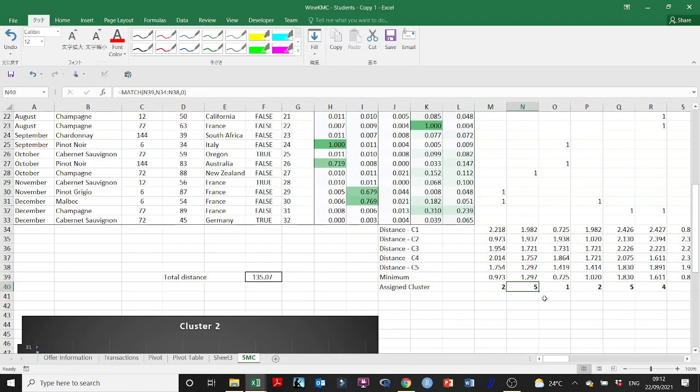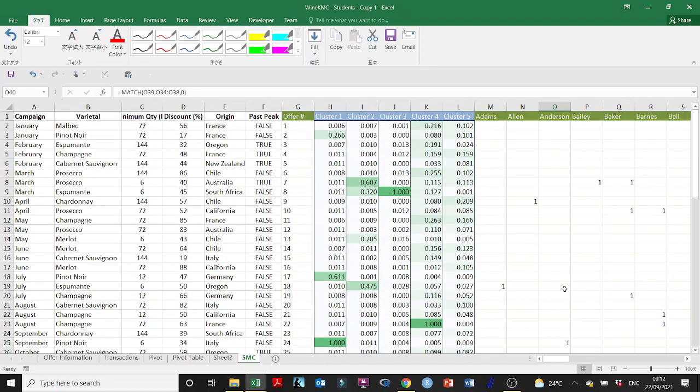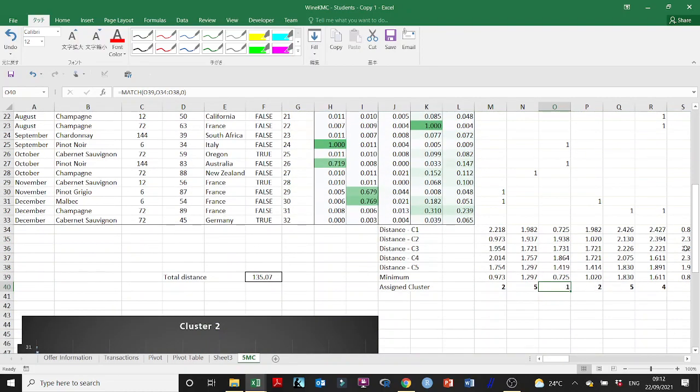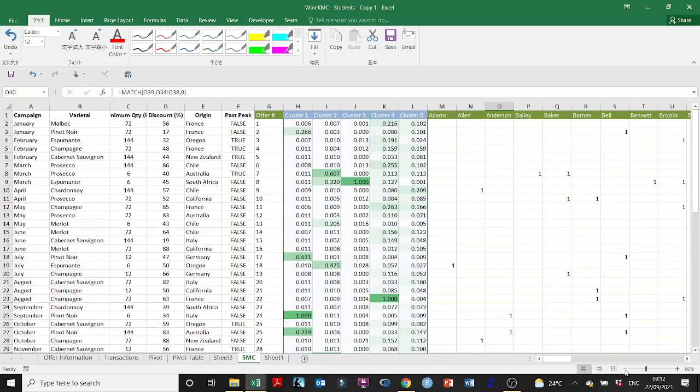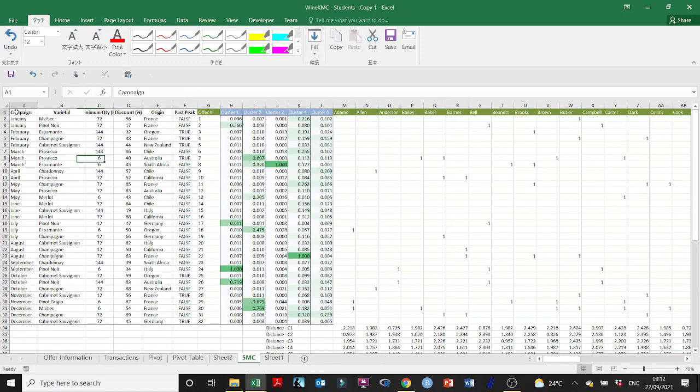Adam belongs to 2, Allison belongs to 5, and over here Anderson belongs to 1, and so on. So we need to make a summary of all this. So let's start our investigation. So these are the two kinds of data. And as I showed you, you can do it here. You can say that cluster 1 consists of offer 17, offer 24, offer 26. Cluster 2